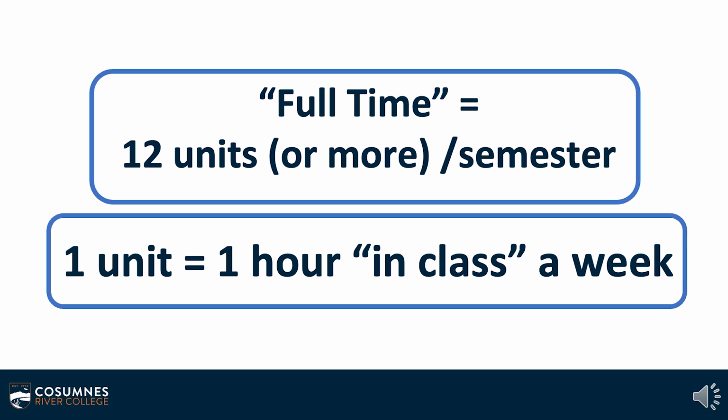In order to be considered a full-time student, you must be enrolled in at least 12 units. We want to highlight that 12 units does not mean 12 classes. One unit is equal to about 1 hour in class a week for 16 weeks. So if you are enrolled in a 3-unit course, you can expect to be in class about 3 hours a